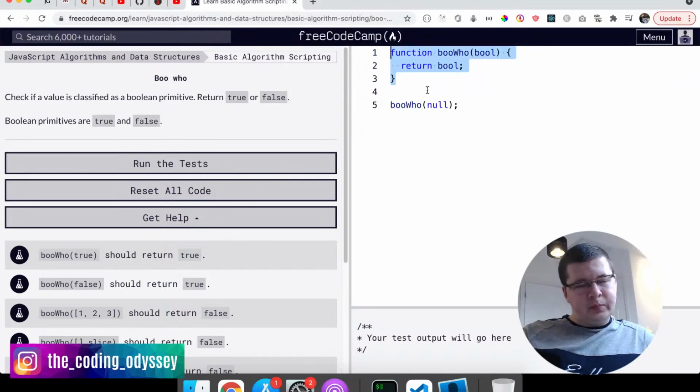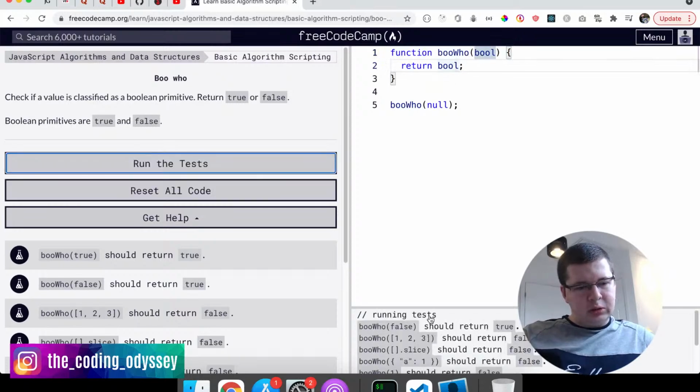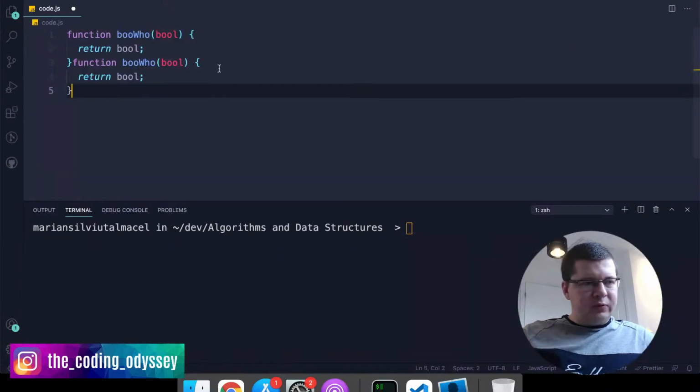At the moment, they say bool of a Boolean primitive should return false. Bool of 1, 2, 3 should return false. Oh, right, so basically this should return false because it's not a Boolean value. So you have to check if it's a Boolean value, and if it is, you return true, otherwise you return false. And the way we're going to do it, I'm going to copy this in Visual Studio Code,